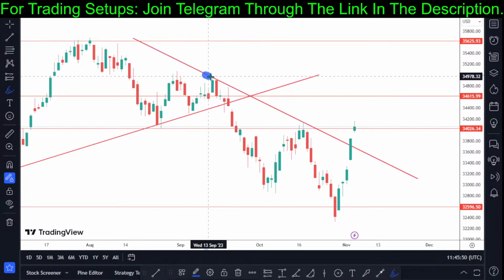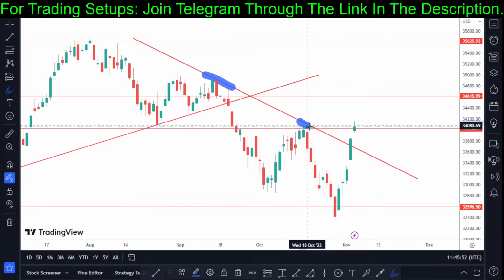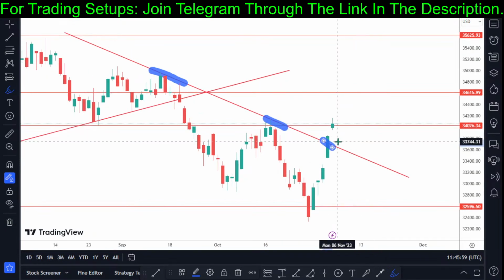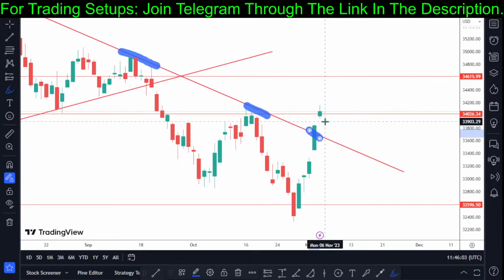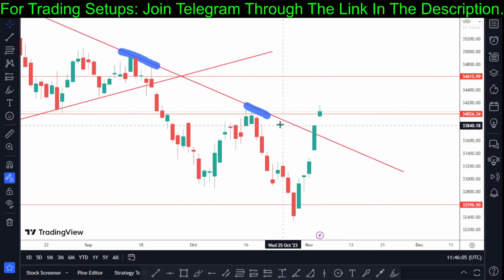You can see we connect this swing right here to this swing right here, and price broke this swing at this medium right here. This was on Thursday. After the breakout, before price opened on Friday, there was a gap up of price. So a gap to resistance structure right here says a lot,